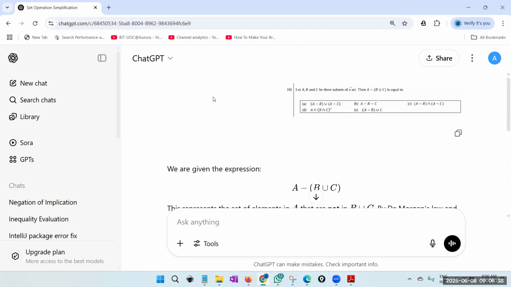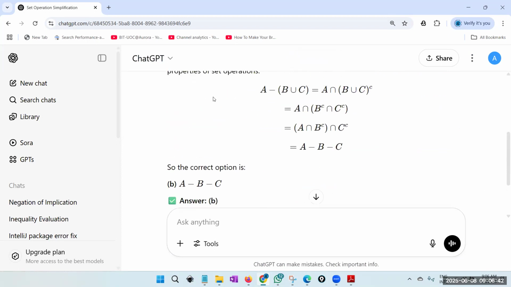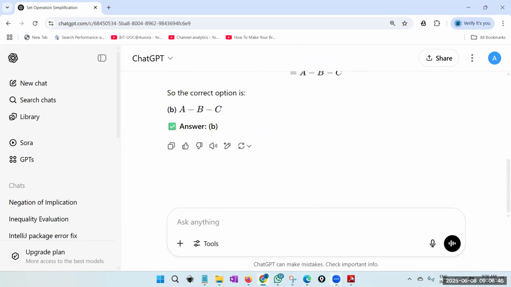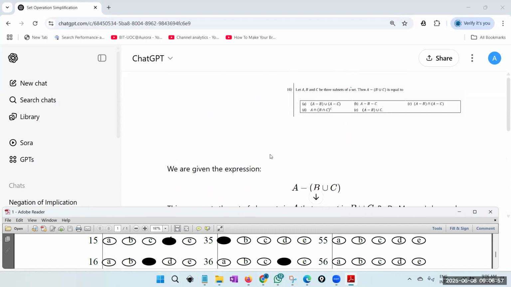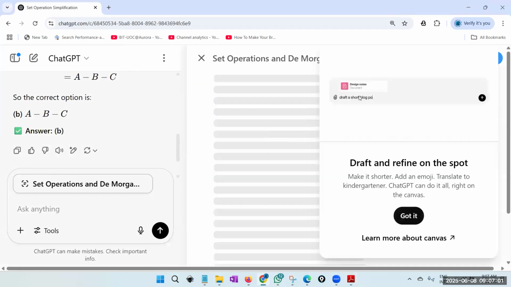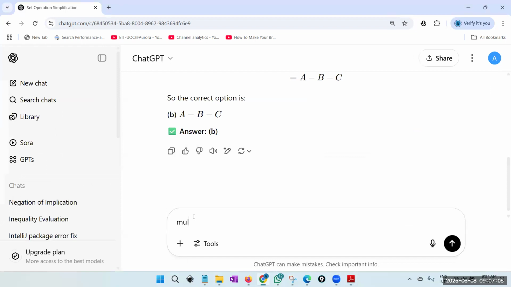ChatGPT is not interested in C. Now we are in great trouble. Because examiner says C, ChatGPT says B. Right? I think ChatGPT thinks that only one correct answer. Right? I'll give a hint to the ChatGPT. Multiple